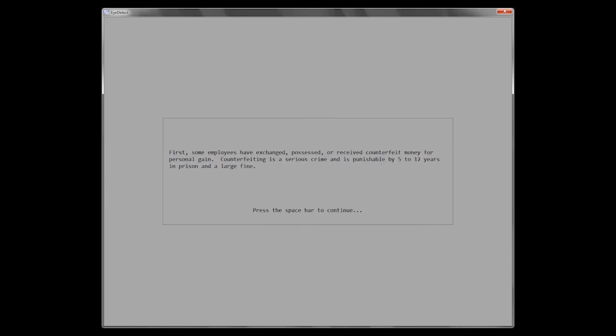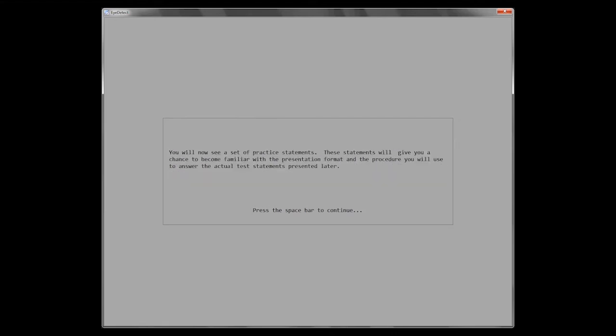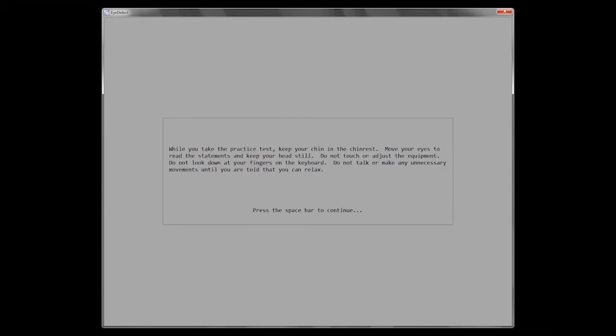Now the test has begun, and Lindsay is presented with some instructions that tell her what's going to take place. And then she's given an opportunity to take some practice questions. There are 5 questions here about some neutral information, such as are all squares and rectangles,